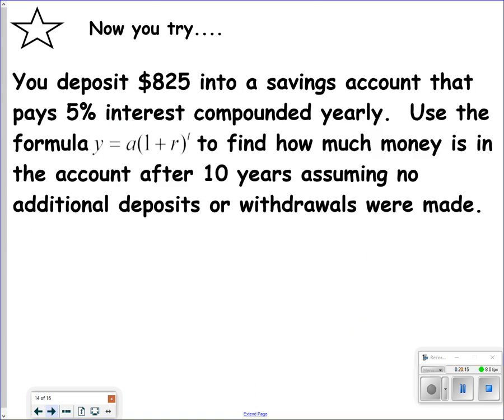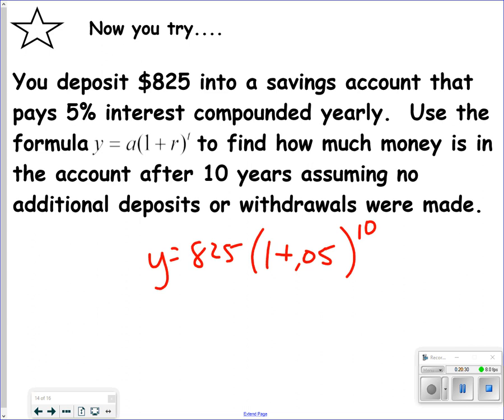You try. So go ahead and hit pause on this one. All right, welcome back. You're going to put $825 into your bank account. 1 plus r, which is 5%, and then they want you to put it in there for 10 years. So if I pulled out a calculator, I did 825 times 1 plus 0.05, raised to the 10th power, 1343 and 84 cents is how much money. So $10,000 in a bank, leave it there for 10 years, you're going to come back with